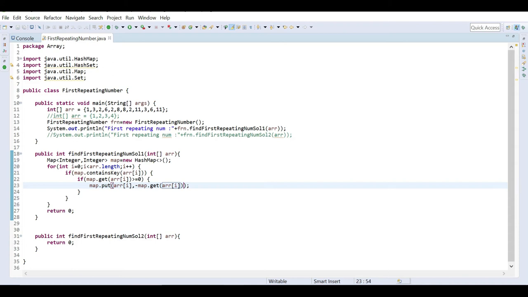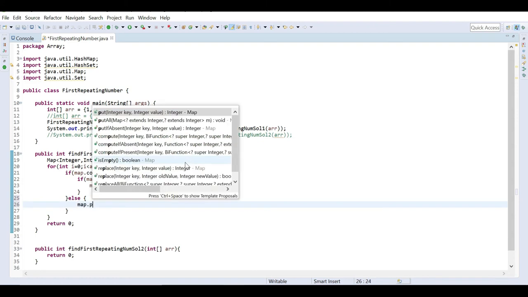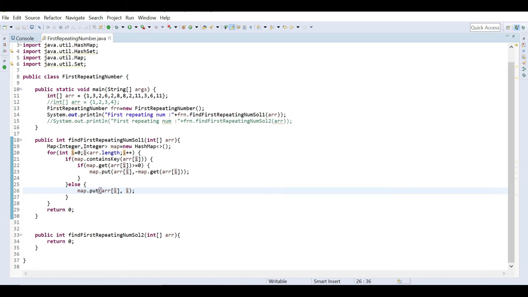So the same value we have to make negative, or else we simply put it in the map, where the key will be array of i, and the value will be the index position, which is i. This way it completes the hash map part.